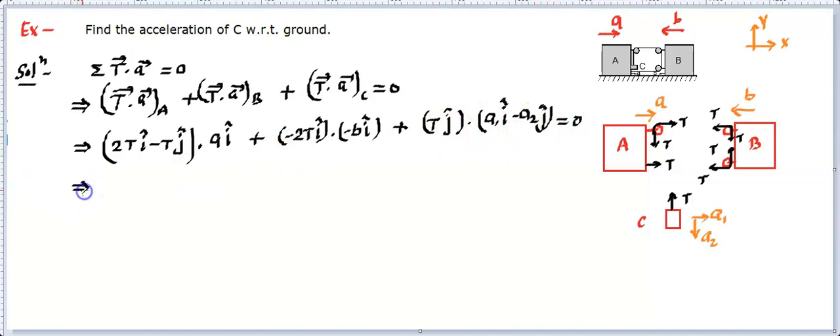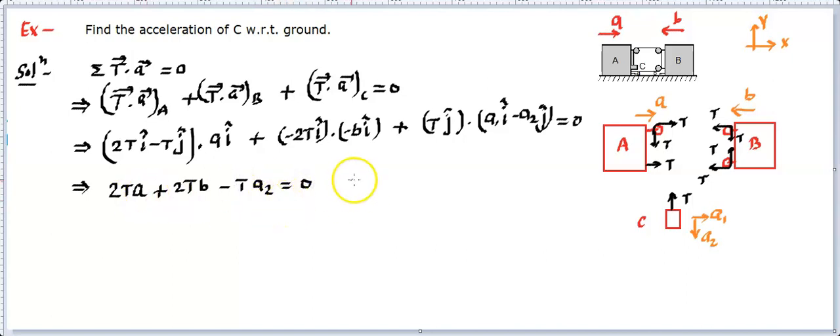Now here you need to use these vectors and their dot and all the properties that you know. This i cap dot i cap when multiplied leads to 1, and this i cap dot j cap will become 0. So basically this first term will be twice T times A, and the second term, this minus in minus will become plus, so it's going to be twice T times B. Can you think of? And let's come to this part. In this part you'll find j and j will be multiplying together, and i will be making dot 0, so it's going to be minus T times A2 equal to 0.